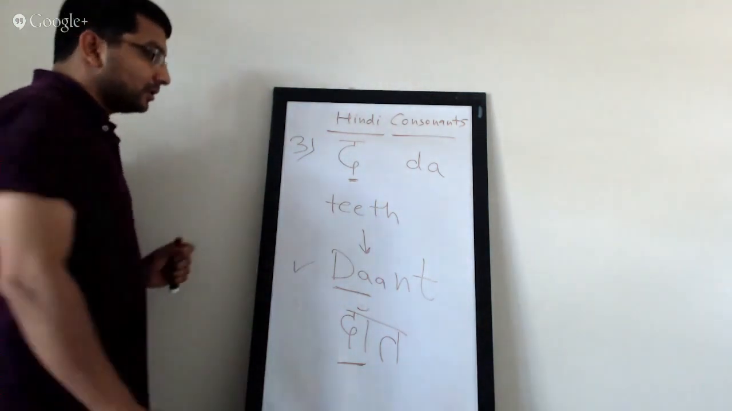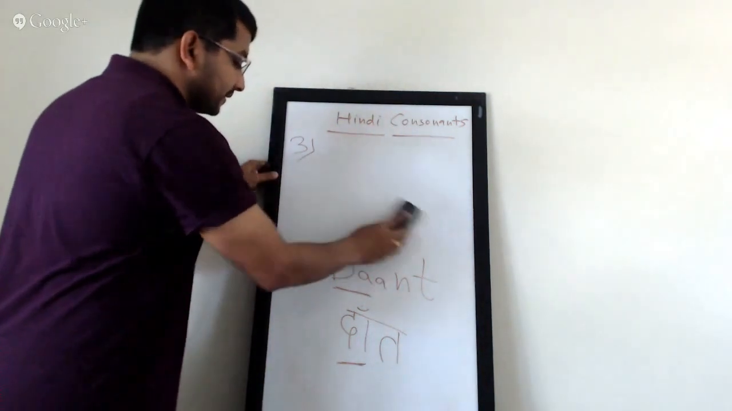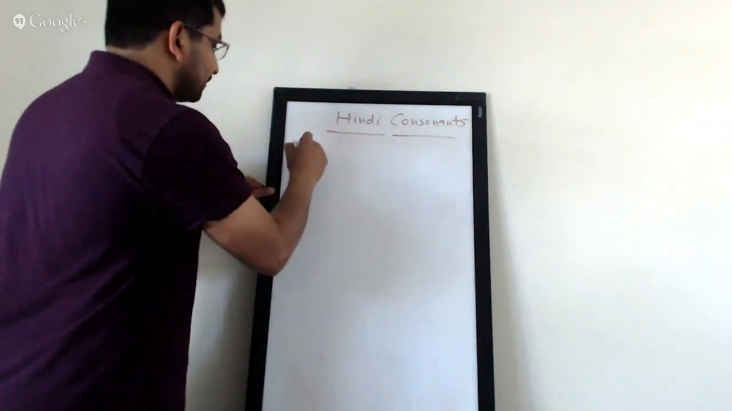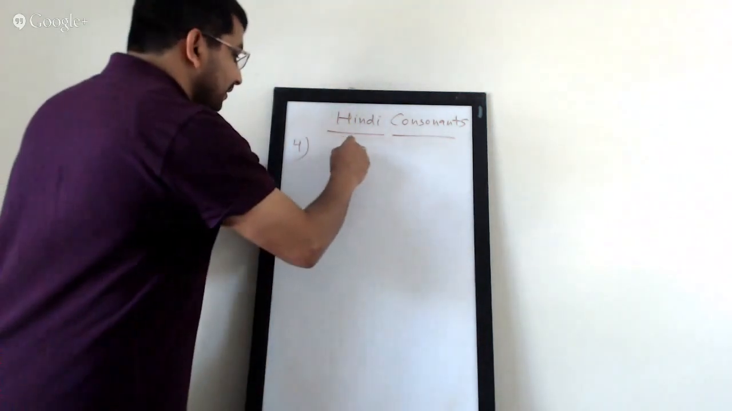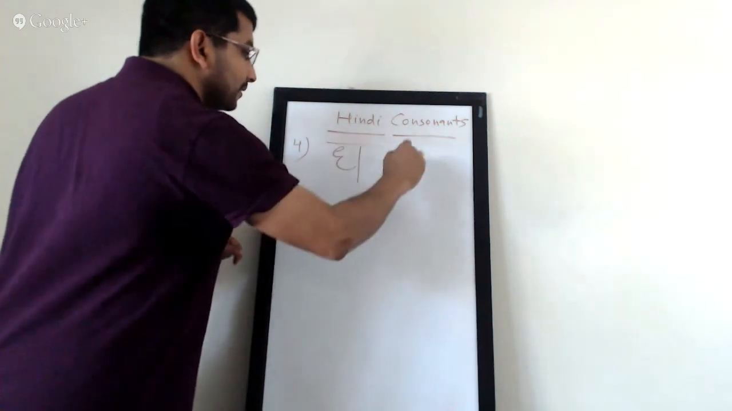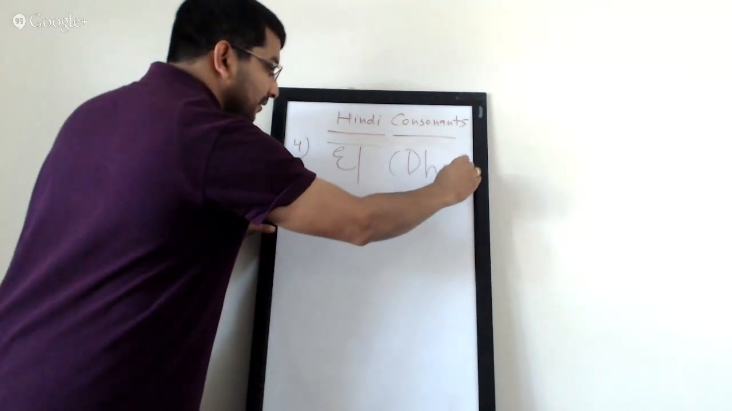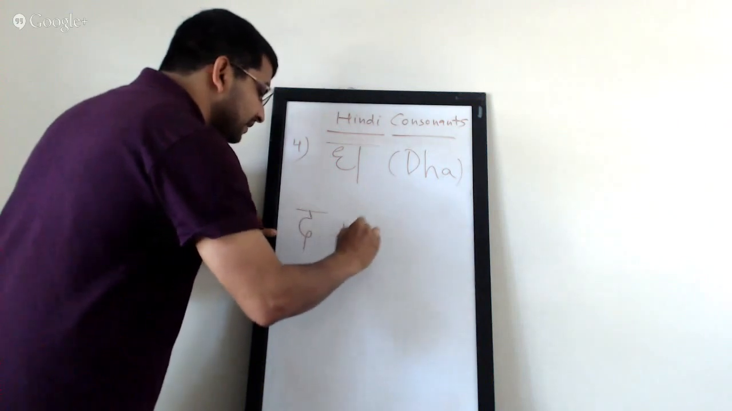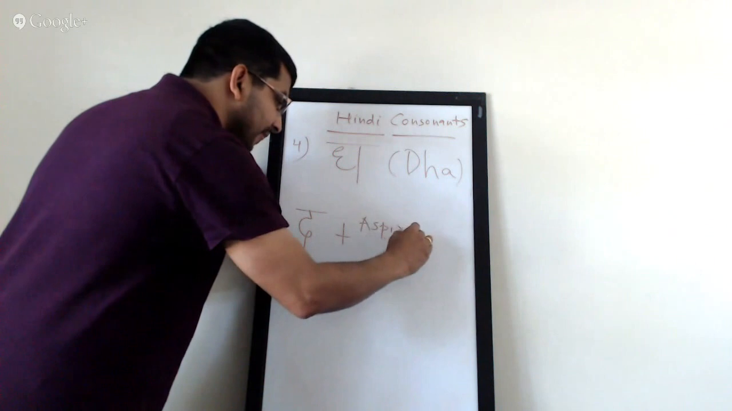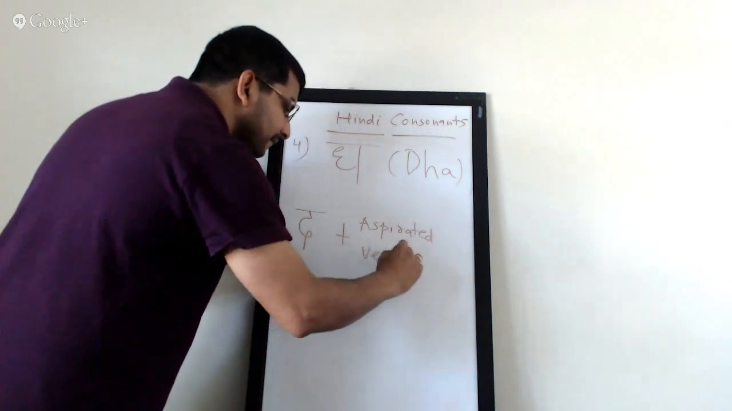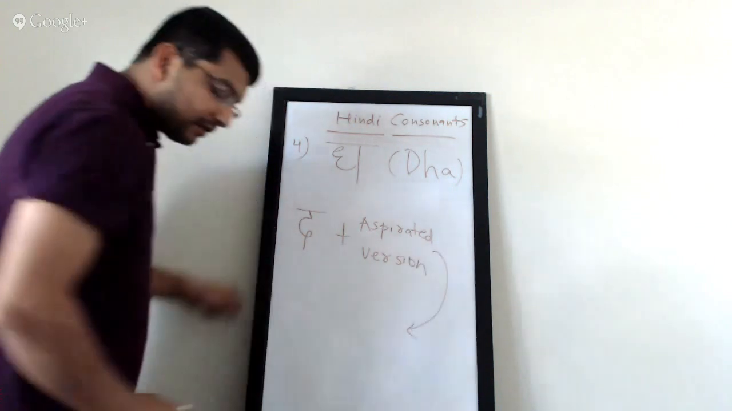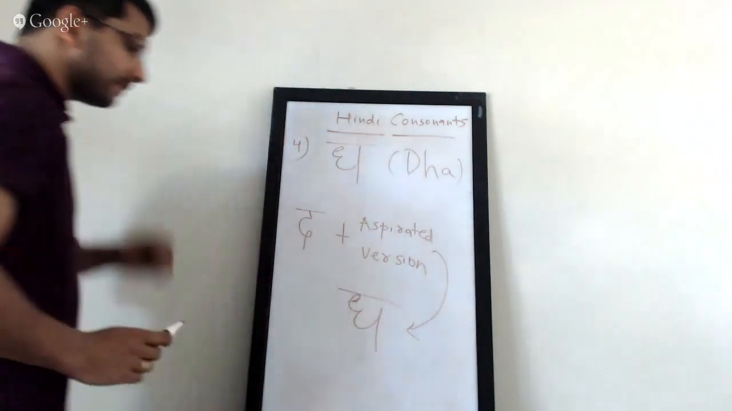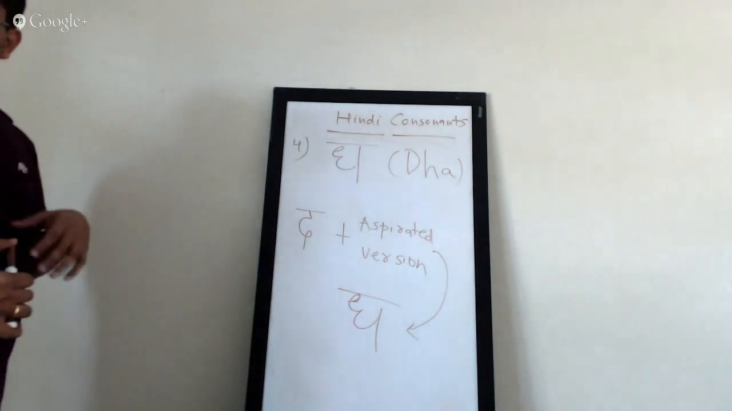Now we'll go to the fourth consonant in this series. The fourth one we have is known as "dhe". And "dhe" is nothing but an aspirated version of the earlier one. So "the" plus aspirated version. So if you say "the" with a lot of air, you will be able to pronounce "dhe", right? Again, say that "dhe",